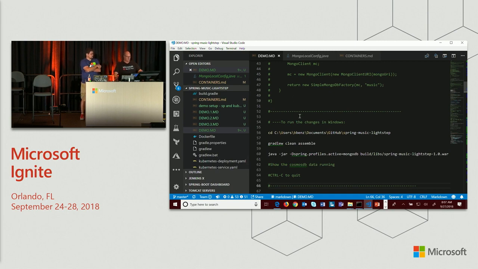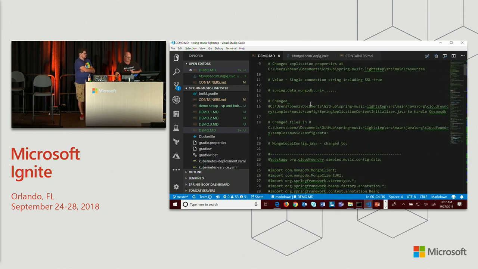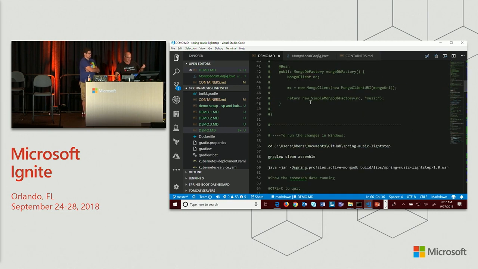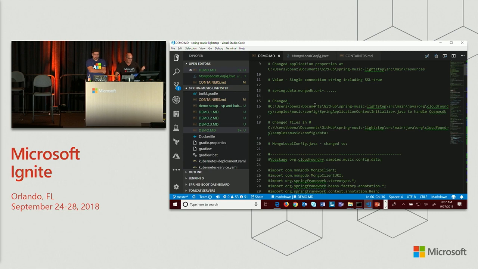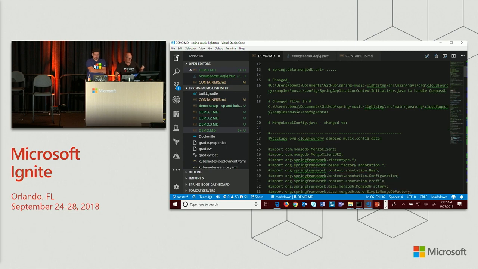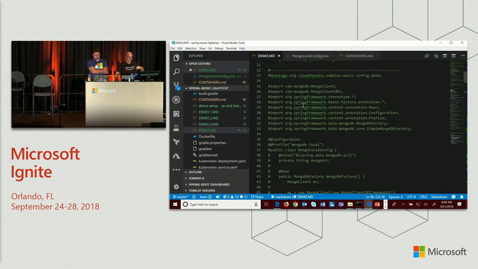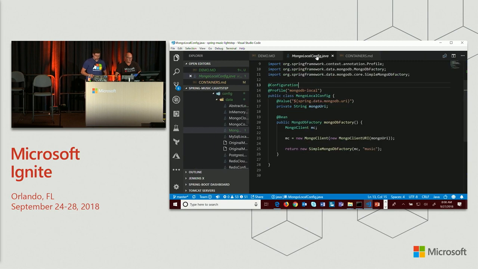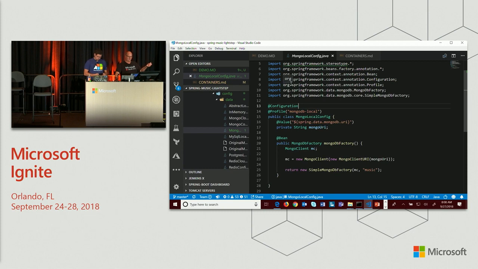All I had to do for that was create a Cosmos DB instance. I used the Azure CLI to do that. I don't have the code for that here. But I changed a couple of other pieces of code. Once I created the Cosmos DB instance, I just edited Mongo local config.java. I put in a standard Mongo